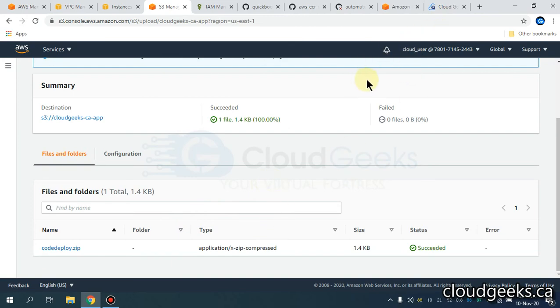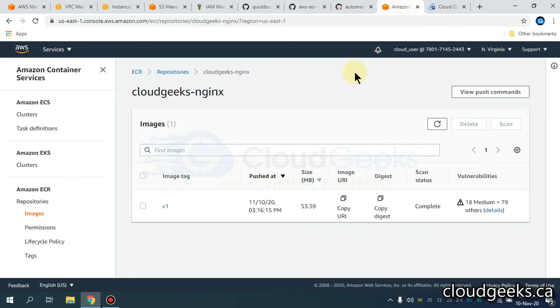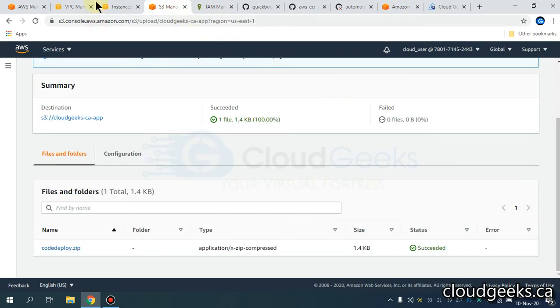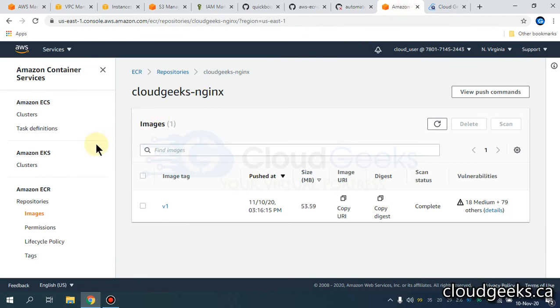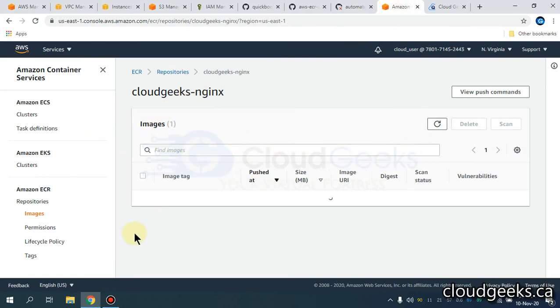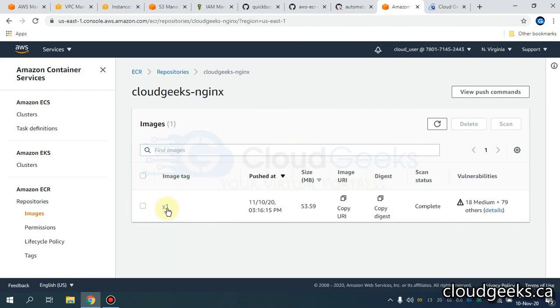Although our pipeline failed, I'm going to try to rerun the pipeline. The pipeline failed at a later stage, but it was able to push one image into our ECR registry, which is version 1 of our application.